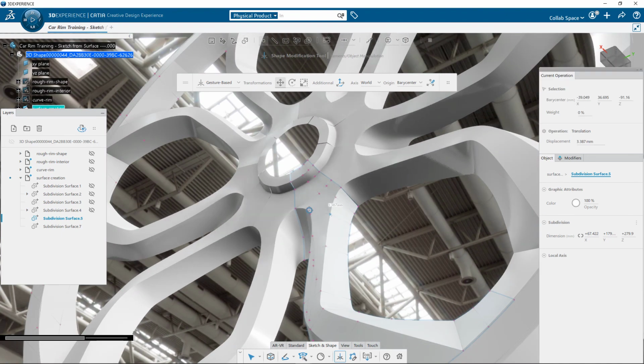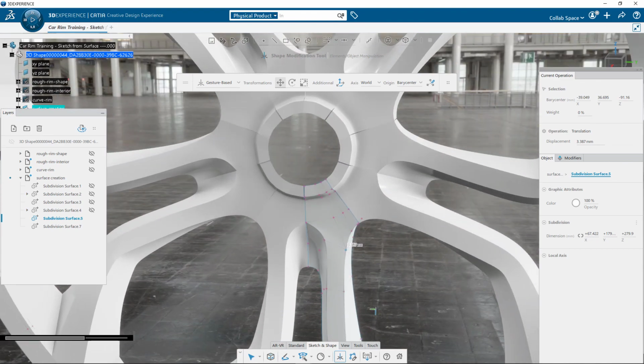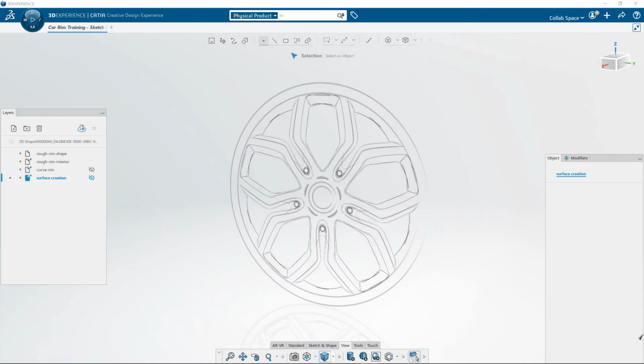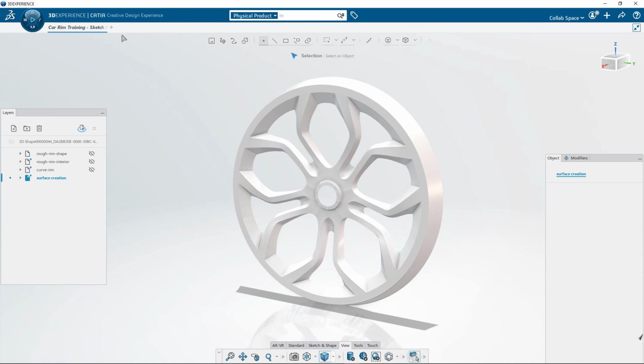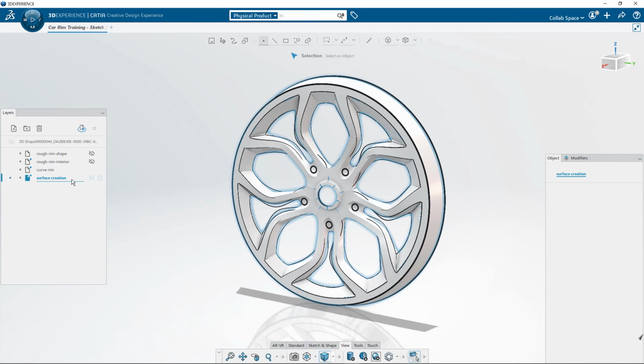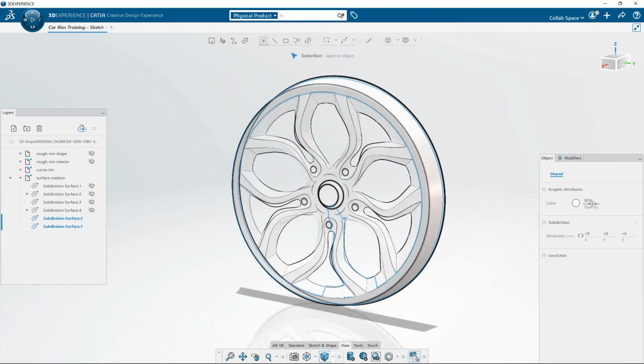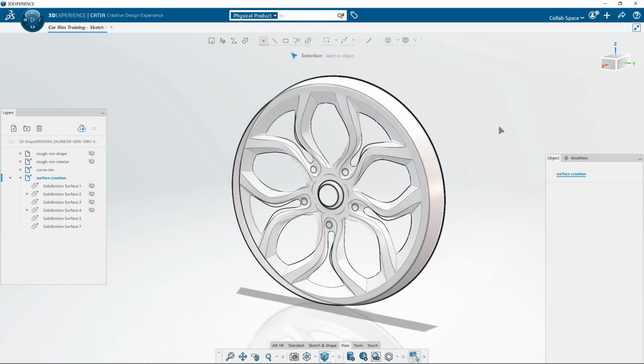Just a quick summary of the entire steps we went through to obtain this nice result. First, I started with the rough sketching. It was the reference to build the complete set of curve network and then to create all the surfaces relying on these curves. To display my concept, I create a kind of a mix between the original curves and the final shape altogether. So I lowered down the opacity of the surface to 70% to better appreciate the mix between both.